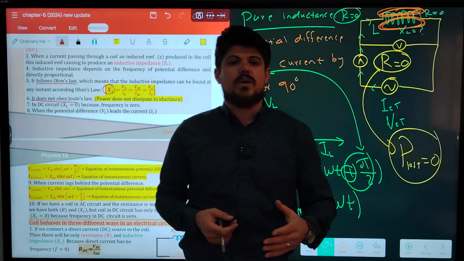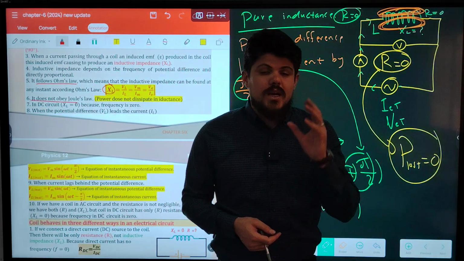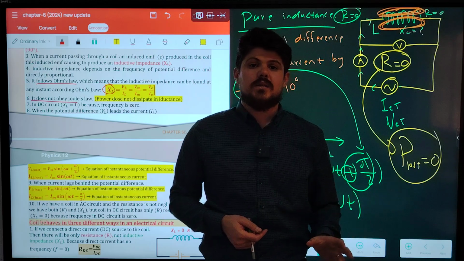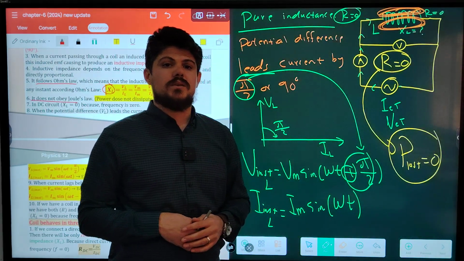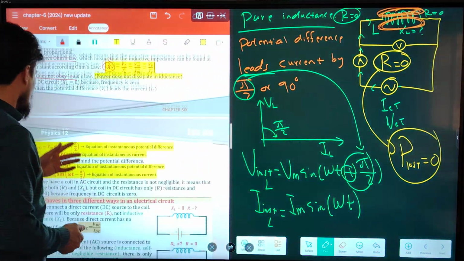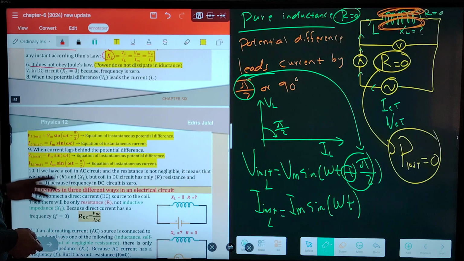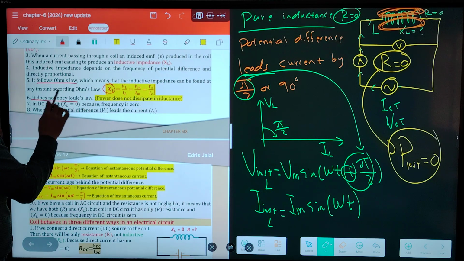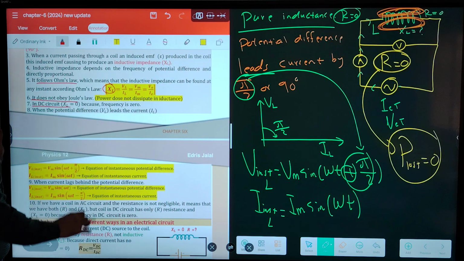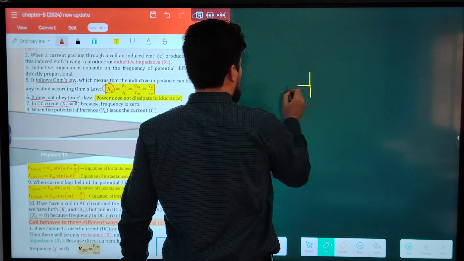Energy dissipation in the coil is 0. The current does not convert into thermal energy and heat. The electrical energy is converted into the magnetic field, and after that, the magnetic field in turn induces the current again. It does not obey Joule's law because power does not dissipate. In a DC circuit, XL is 0. Guys, be careful. In a DC circuit,